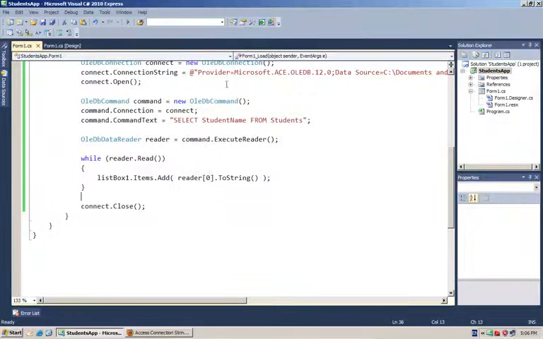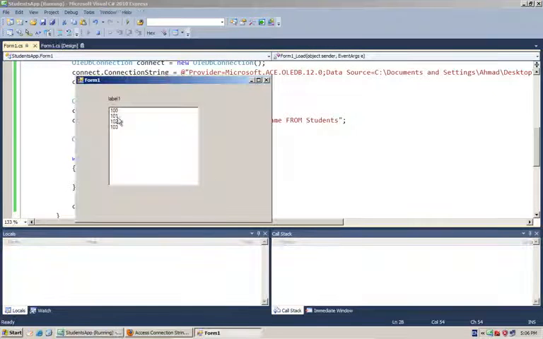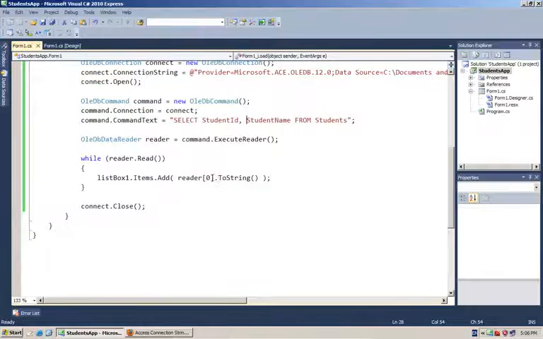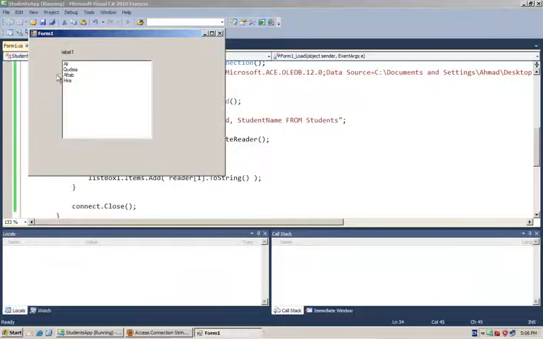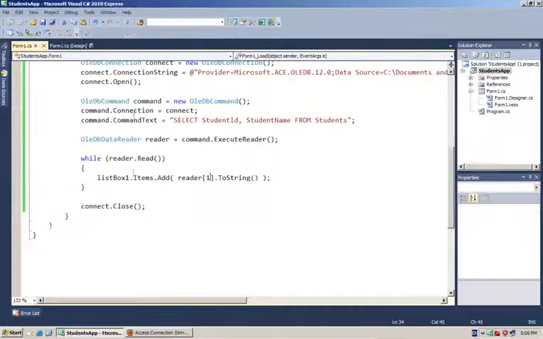Let's make some other changes. If I type over here student, let's say student ID, now 0 will be referring to student ID, and IDs will be loaded in that box. Yes, that's the way it should work. And one will display the names. So this is a basic way of selecting database